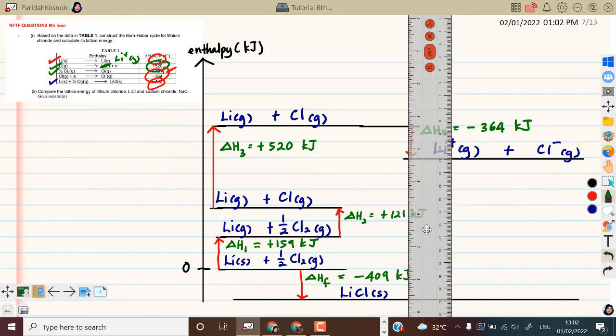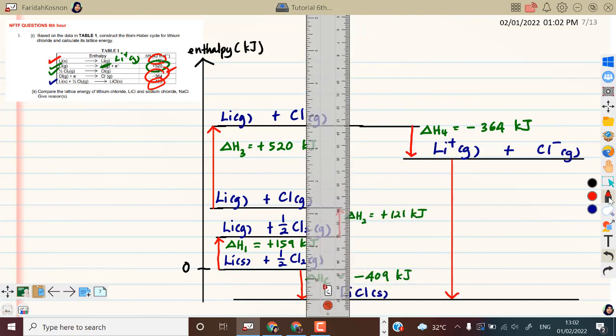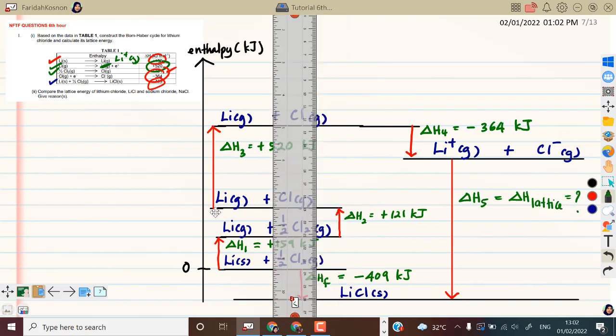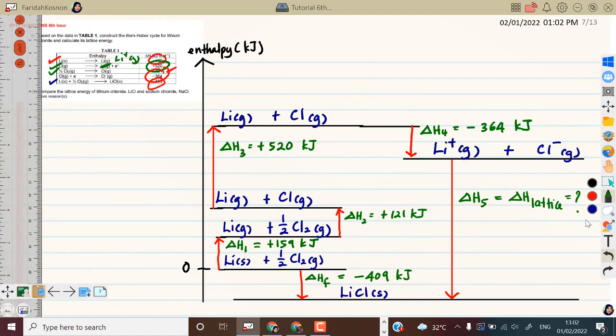value. Kita dah buat pun tadi kan dalam simple energy level tadi tu. So sekarang ni saya buat arrow ke bawah. Okay, jadi, labelkan the thermochemical equation in the cycle with delta H5 iaitu lattice energy which is unknown. Jadi, untuk menyelesaikan pengiraan ini, kalau you tengok inilah bentuk Born-Haber cycle dalam bentuk energy level. So, nak kira delta H5 dia adalah hasil tambah kesemua, maksudnya,